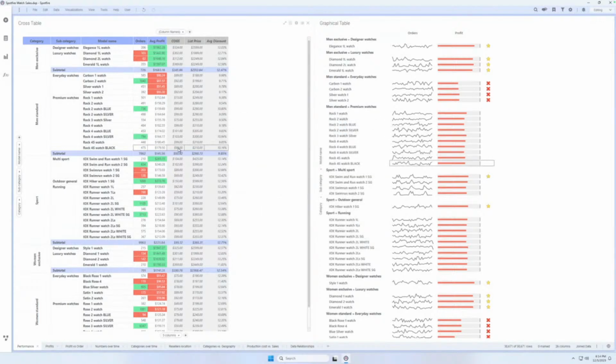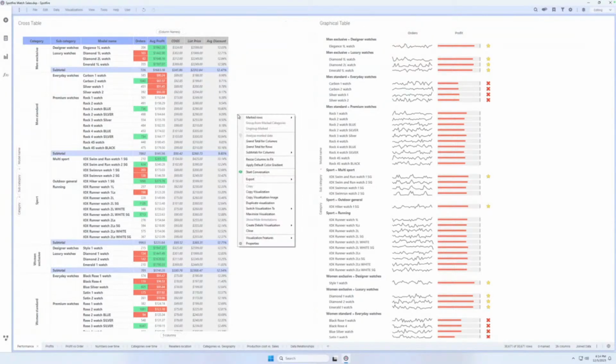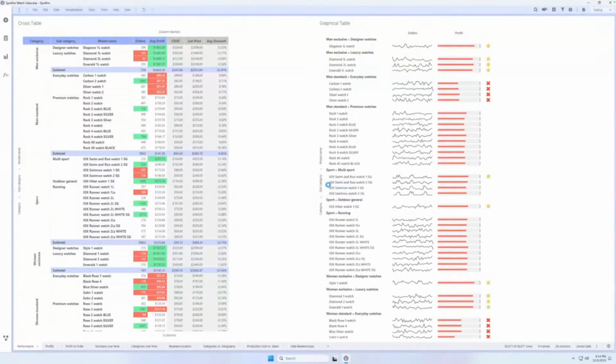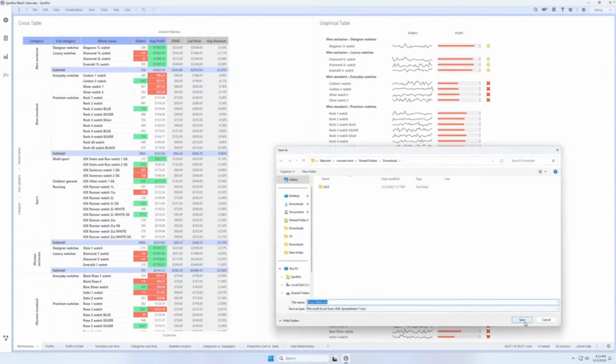Coloring also in the cell background. I colored the subtotals in a particular way. Anyway, I created my own table design. And now with just one right click on the table, I can export this visualization to Microsoft Excel. I select where to save it,